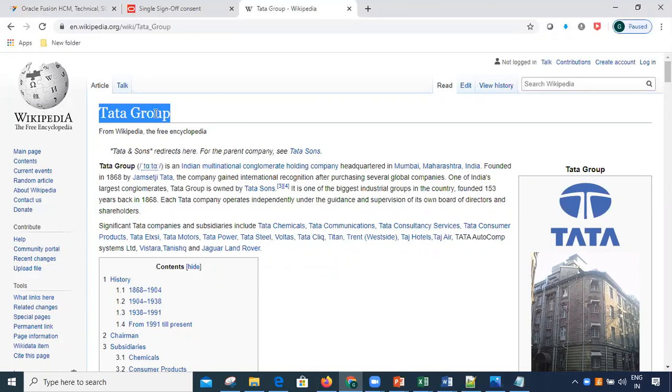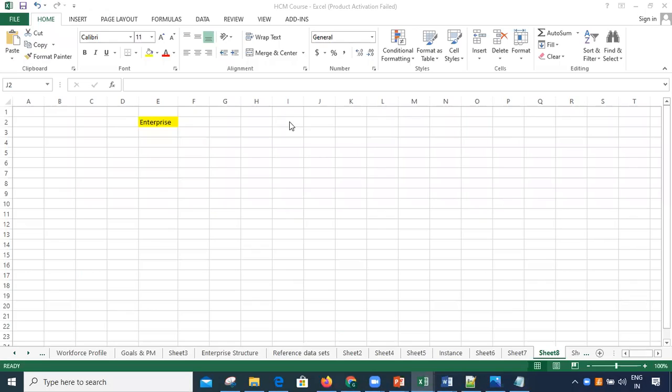Reliance Industries at the top is the enterprise, or it is a group, or a mother holding company. Under that, you can see all the companies of Reliance, like Reliance Retail, Reliance Telecom, or Reliance Jio. All these companies will be under that group. So here also, this Tata Group we can take as the enterprise. Understand?